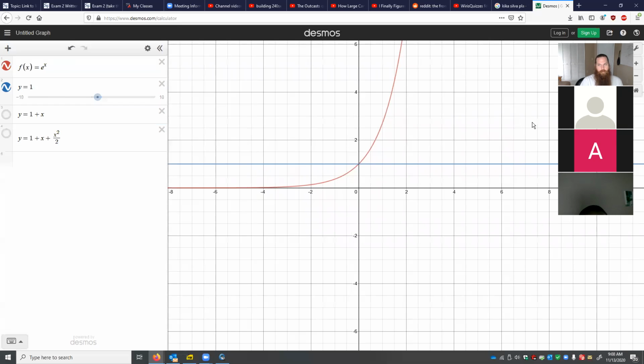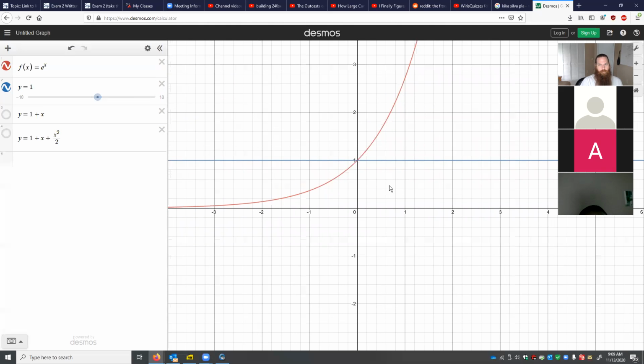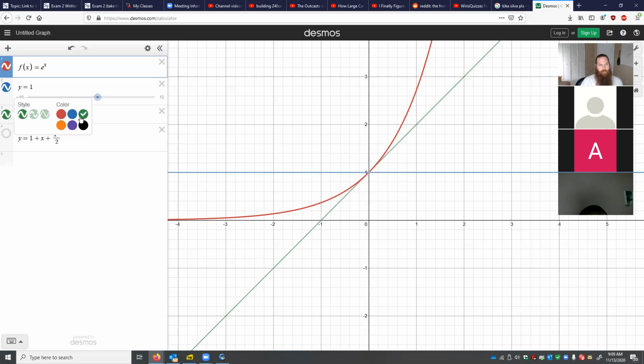The blue line is T0. It's the unique constant function that matches the red at the center, which is 0. This guy is T1. He's the tangent line. T2 here